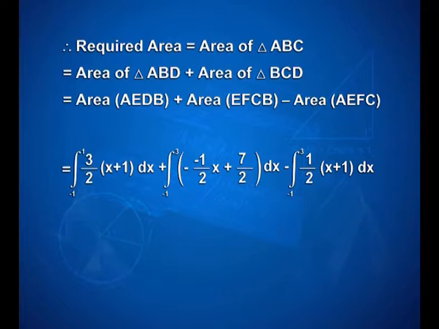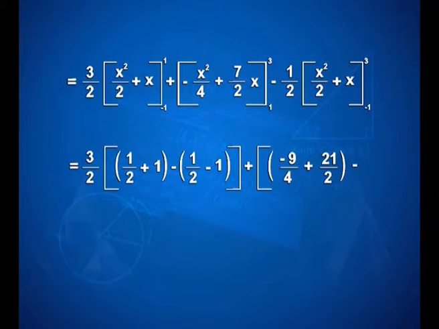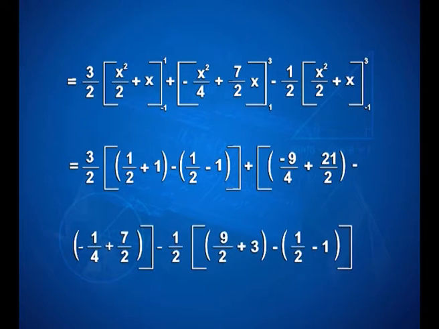On applying limits, we have 3 upon 2 into x square upon 2 plus x with limits -1 and 1 plus minus x square upon 4 plus 7 upon 2 into x with limits 1 and 3 minus 1 upon 2 into x square upon 2 plus x with limits -1 and 3, that is equal to 3 upon 2 into 1 upon 2 plus 1 minus 1 upon 2 minus 1 plus minus 9 upon 4 plus 21 upon 2 minus of minus 1 upon 4 plus 7 upon 2 minus 1 upon 2 into 9 upon 2 plus